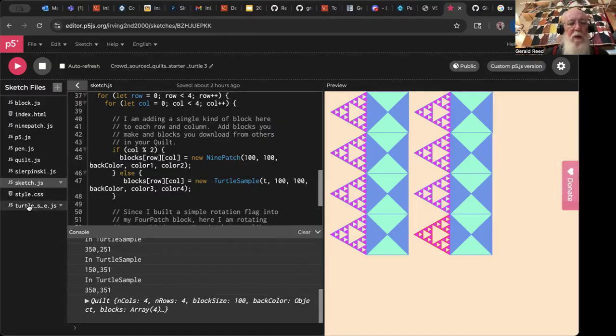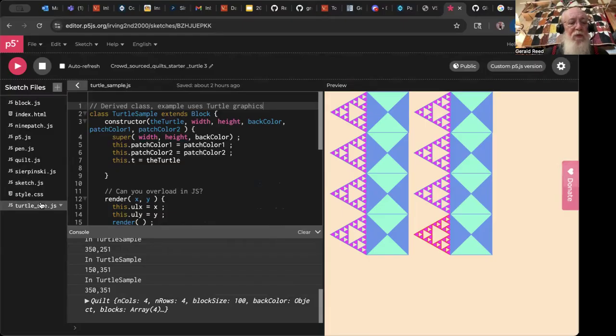The last one I'm going to talk about in this video is called, it's a long name so it gets cut off, Turtle Sample, turtlesample.js. It's obviously a sample block, and that one is the one that draws the Sierpinski triangles, and we'll talk about that further. So to recap, we went briefly over the